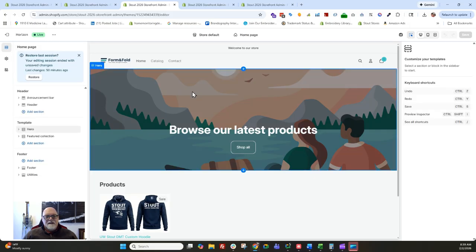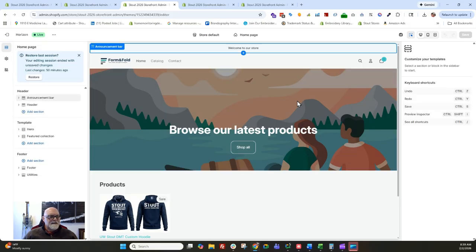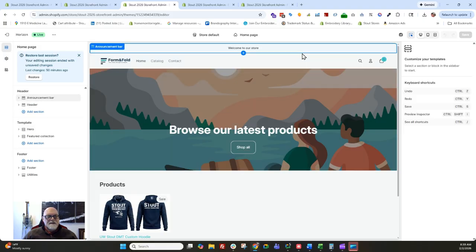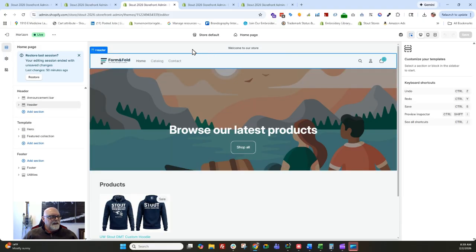We often call this the customizer because we're customizing the theme through a WYSIWYG editor. So it's like a what you see is what you get editor. And there's many different things that we can adjust. We're going to talk today just about the brand areas and what we need to adjust in the brand areas. So we'll start by going to the left side here. You've got your exit back to the